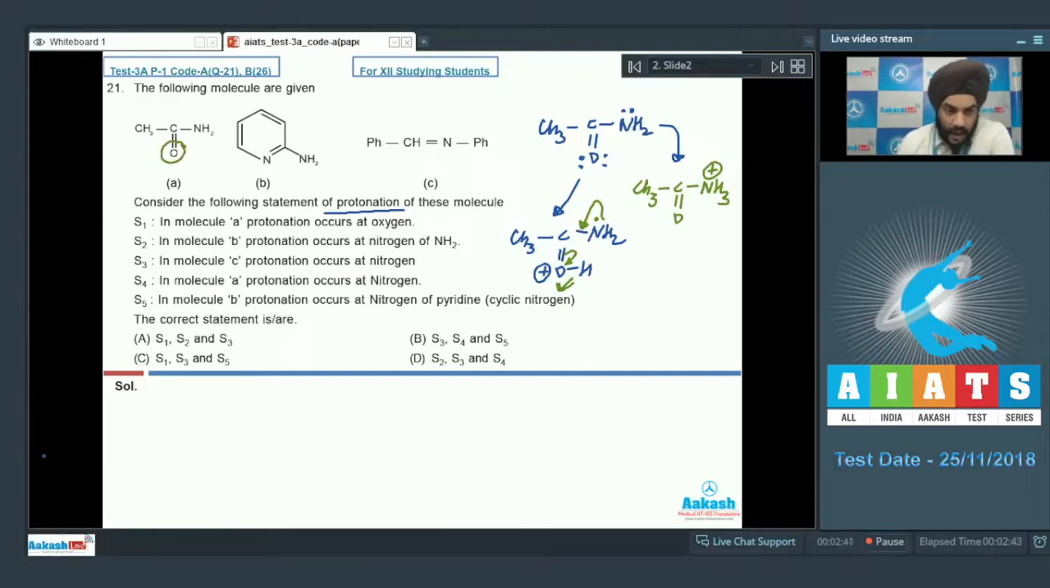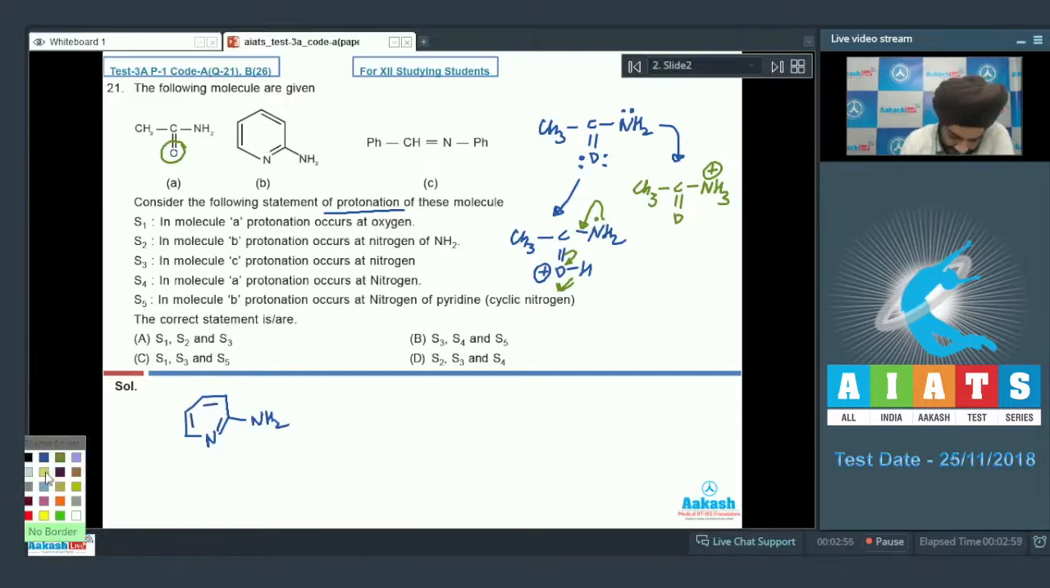Let us look at the molecule given in option B. So we have 2 sites. One is the cyclic nitrogen and the other is the nitrogen which is outside the ring. So here again we have 2 competing sites. There are lone pairs on the cyclic N as well as the aliphatic N. So let us first try and protonate this nitrogen. So we'll have